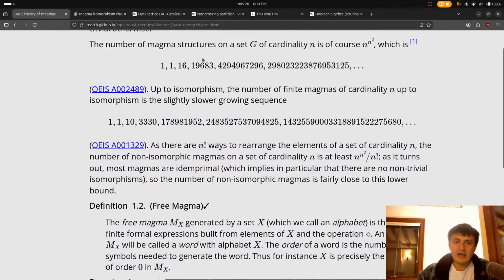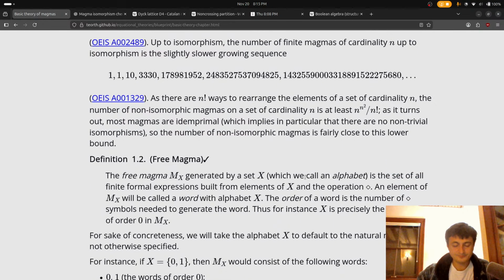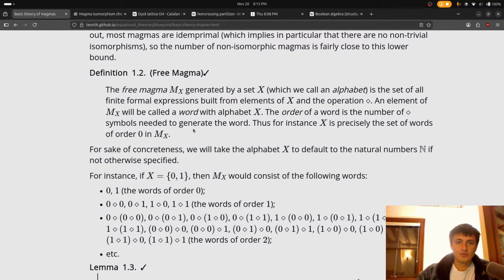But I would be more interested in seeing as n grows larger, what do the, I think they're called isomorphism classes, but what do they look like? I don't know. Okay, let's keep going. I feel like this is still not out of my depth. I can still understand that. Okay, we're literally at definition 1.2, so I should hope so.